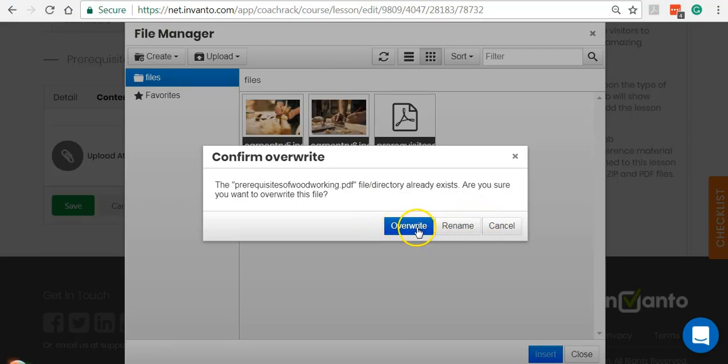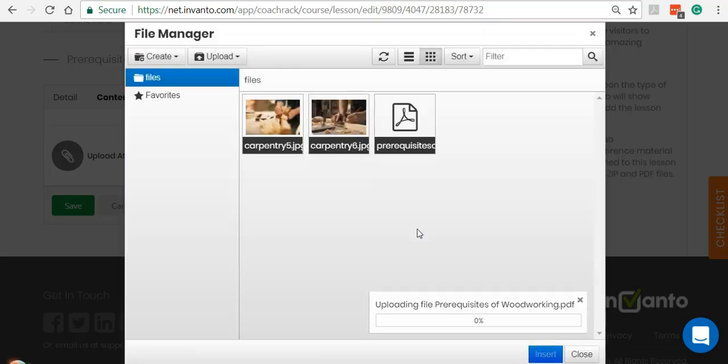So what happens is you would get a progress bar. Let me show you exactly how. So you get a progress bar showing you the status of the upload. Depending on the file size that you're uploading, it might take longer. If it's a small text file, then it would take a very short time. However, if it's a video file or something like that, which is larger in size, it might take a little longer. So as of now, you can see that 18% has completed. So we'll give it a couple of seconds to finish uploading, and then I'll show you exactly how it looks